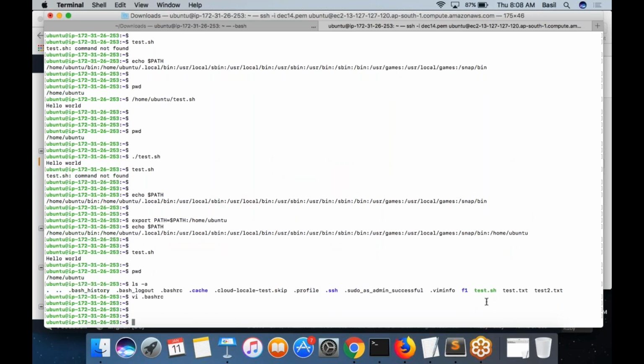Bash profile and bashrc get executed each time a new terminal is opened. Let's say you switch yourself to a different user, it will do the same thing. Bash profile would get executed each time you log in, each time you provide your username, and that is for login. For each session, let's say you want to execute a command as user Ubuntu, maybe as a different user, there is an option for that. At that time also, the settings in .bashrc will apply.